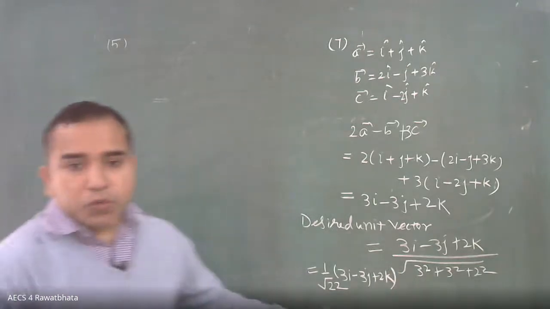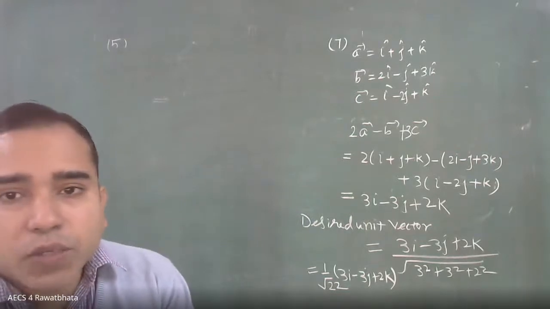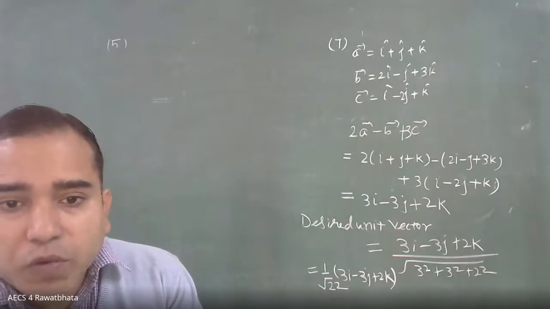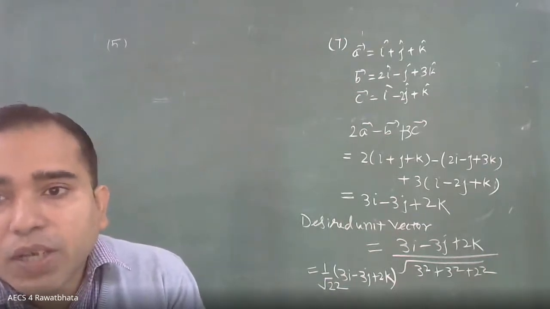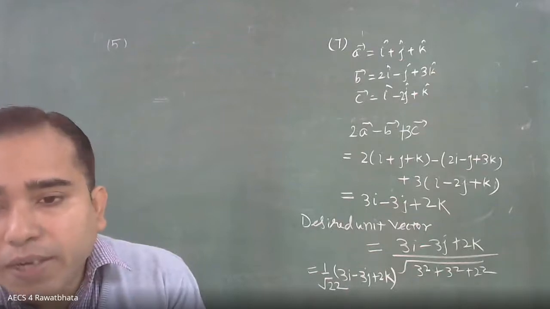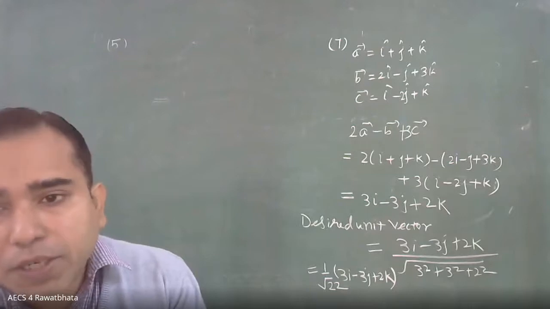One upon root 22? Say it. Okay, right. So this was question number 7. Moving towards the next question, 8. Question 8, please read from B section. Aditya Kumar, are you there? I don't think so. Manu Pata, question 8, please, you read.